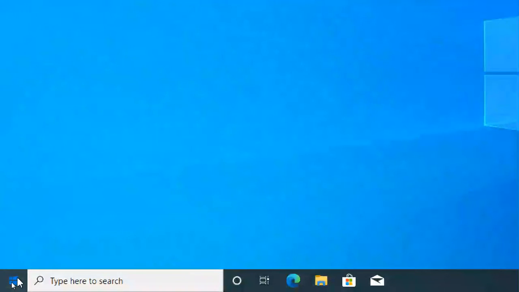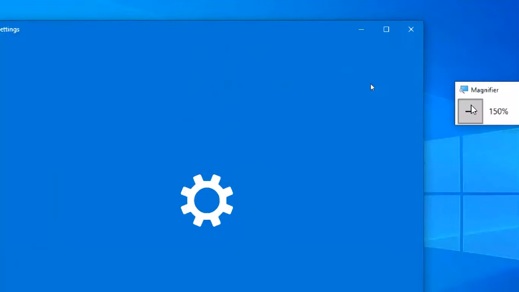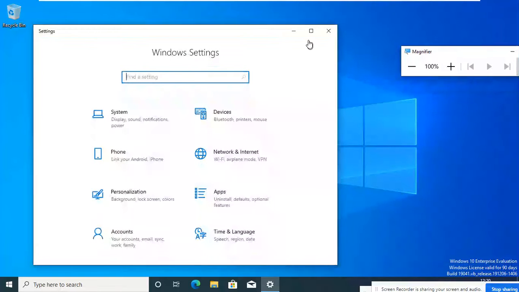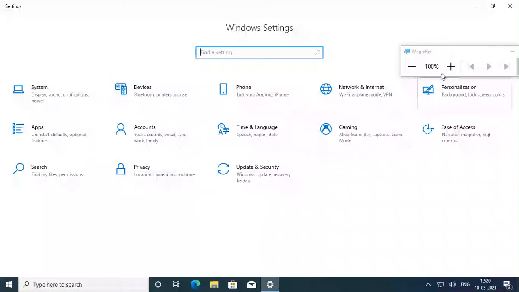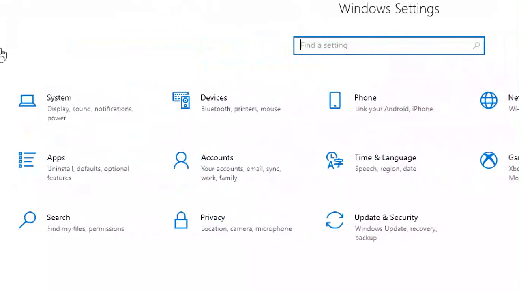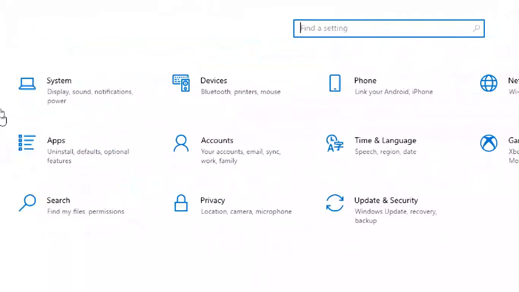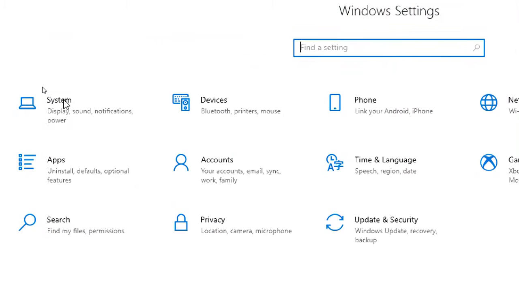Okay. Here, start button, click on settings. You can go to control panel, you can go to power options in control panel, but I'm trying to show it in settings because in Windows 10 they are putting more things into settings only, so you must get habituated to going to settings. So these are all things we can go through one by one. First one is system, so I'm going to system first.